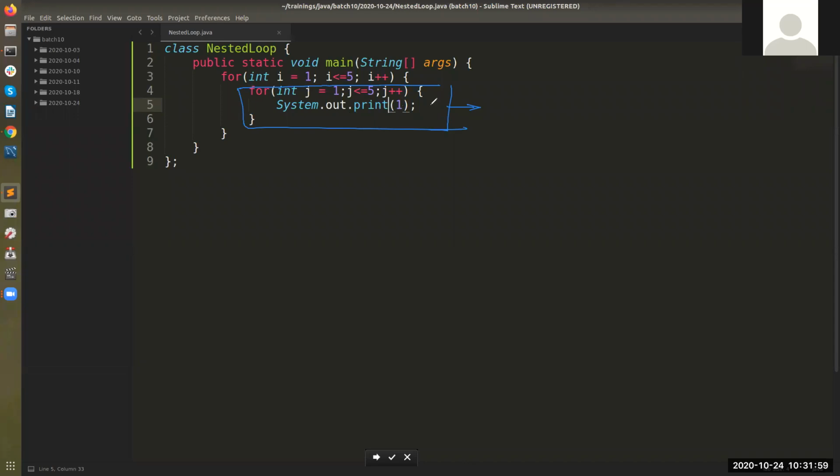Okay, so now System.out.print 1. Okay, just give me 1 minute. I will also connect to this stream, so at least we can know if everything is good and it is correctly visible. Just give me 1 minute. Let me connect to this stream also. So I'll go to the Telegram channel.